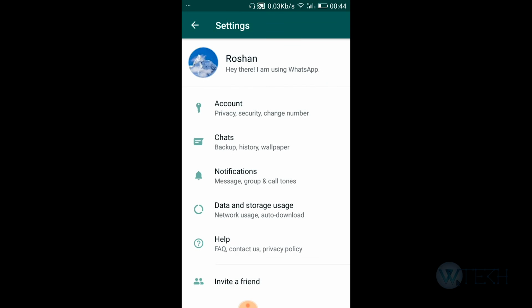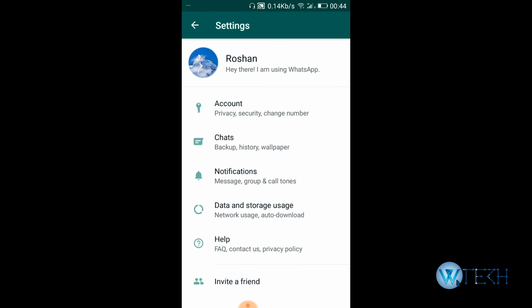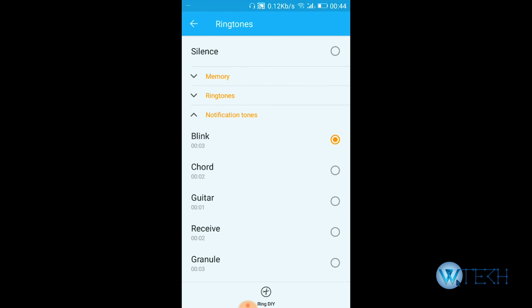So let me repeat that again. So go through the settings. All right, then go through the notifications, then go through the notification tone and pick the tone you'd like to